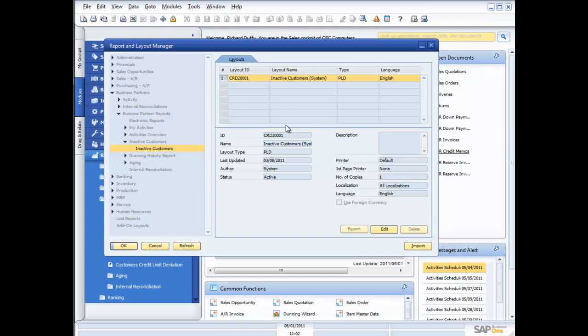Do I want to use the inbuilt print layout designer, or do I want to use Crystal Reports, which comes with SAP Business One? Every SAP Business One deployment gets one free user of the Crystal Reports designer, and I can then use that for building more graphically rich reports. But it gives me the ability to have multiple layouts. So there I've got my layout, and then all I do is I go in here and I choose to